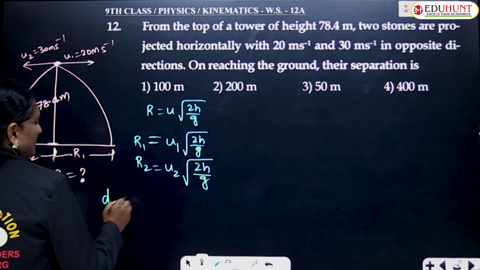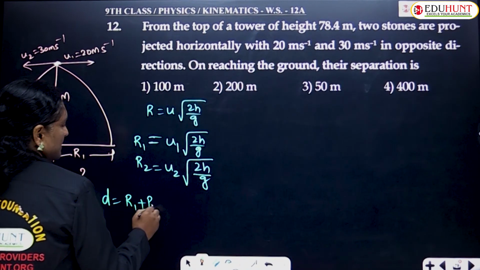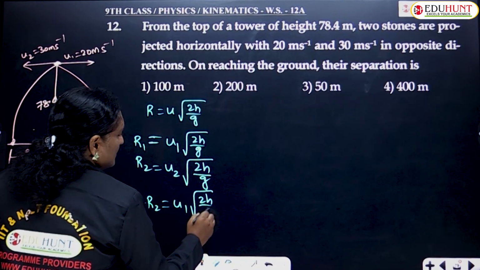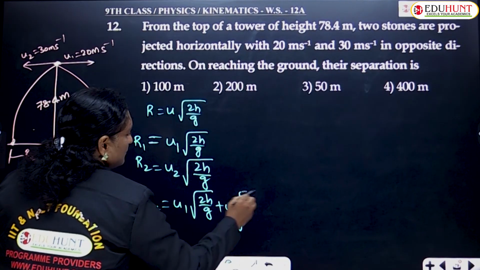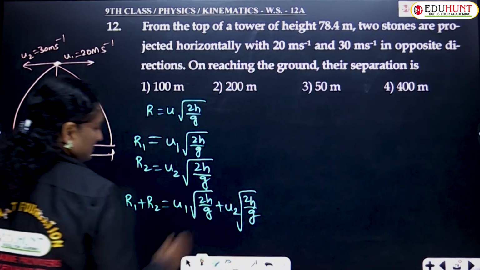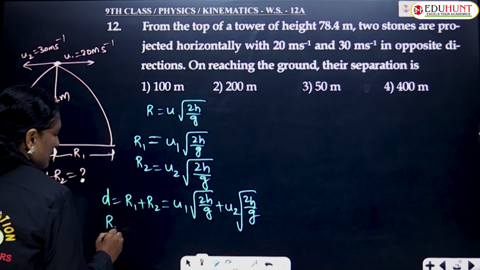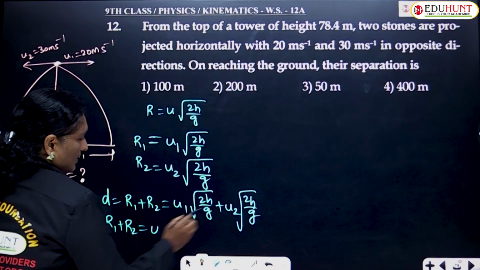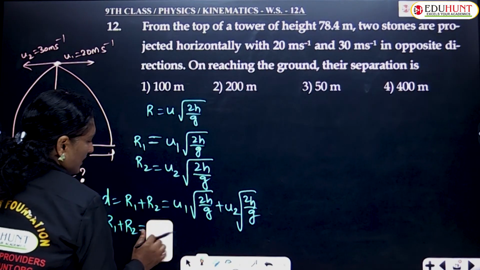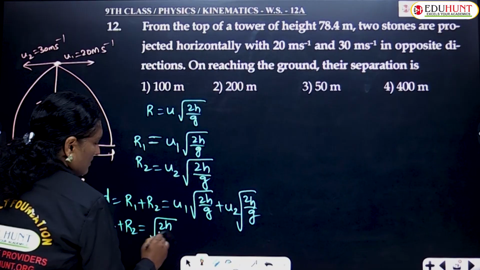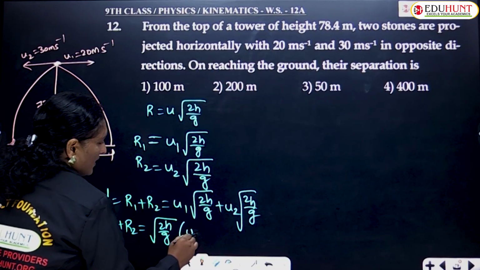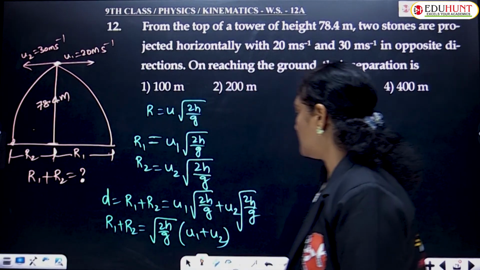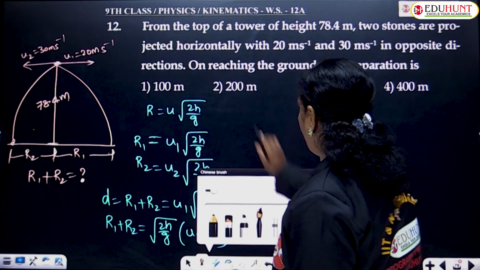So the distance between the two stones is given by R1 plus R2, which is equal to U1 times root over 2H by G plus U2 times root over 2H by G. So R1 plus R2 can be given as... what is common between the two? You have root 2H by G as common. Then what are you left with? U1 plus U2. Substituting all the values in the above equation, we get